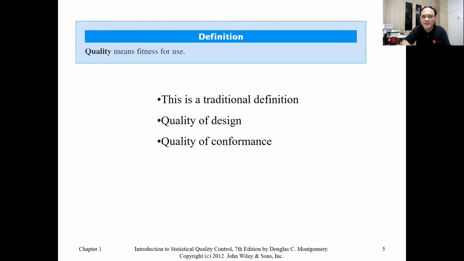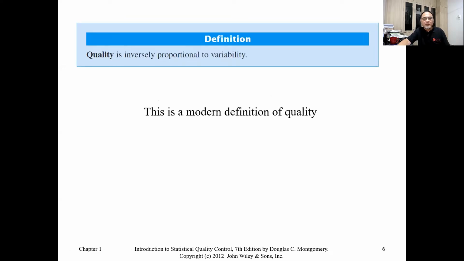Mercedes is targeted for a higher income group, but a Mercedes that stalls on the highway is defective. A new Mercedes or new BMW, if it fails in the market, fails the customer, right? And the modern definition of quality, according to Montgomery, is that quality is inversely proportional to variability, meaning that,